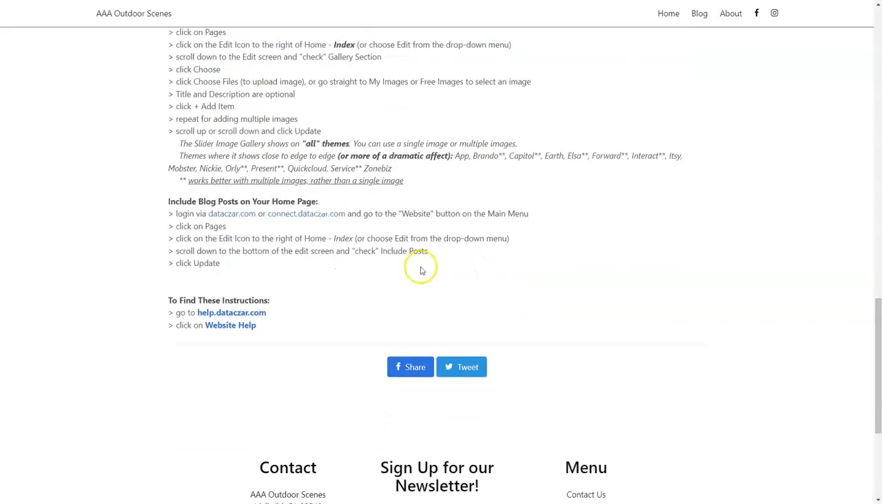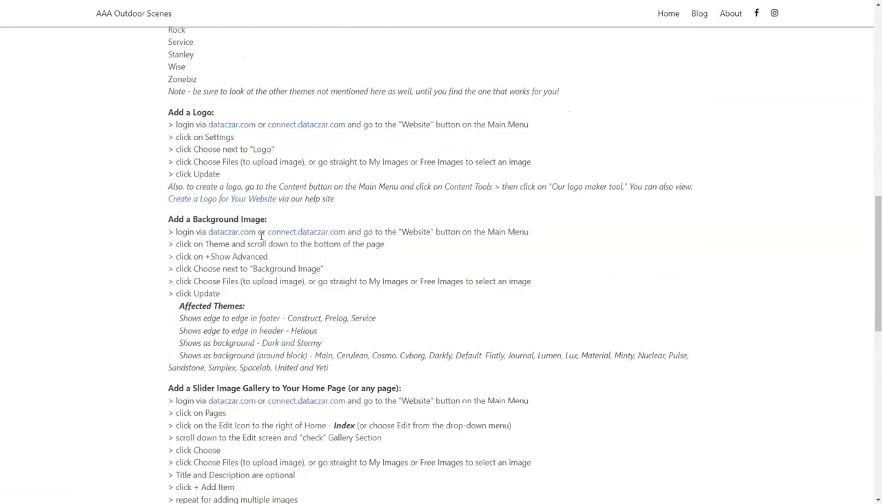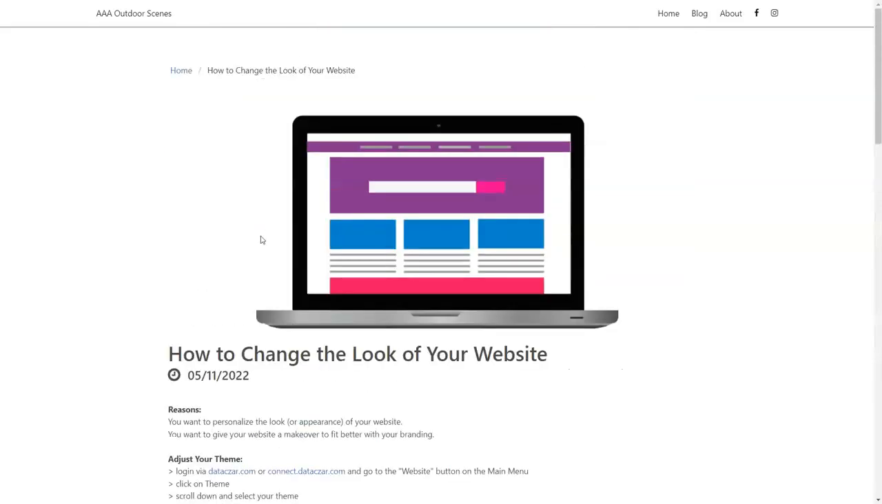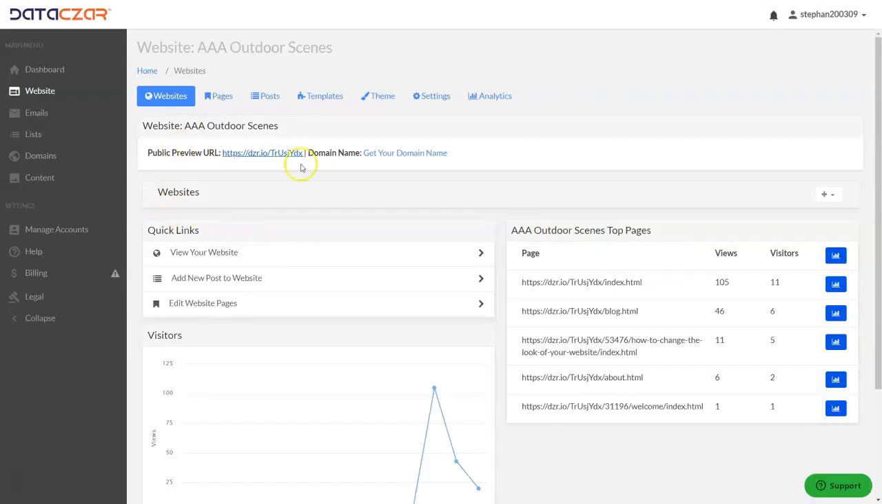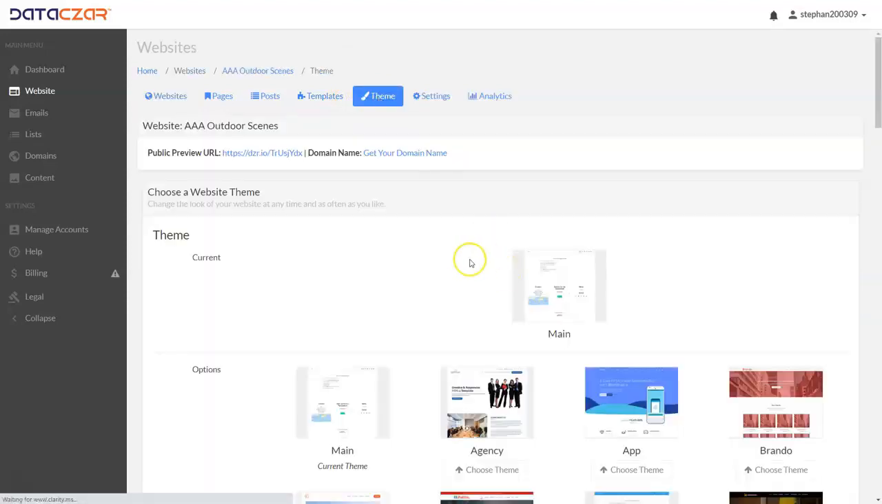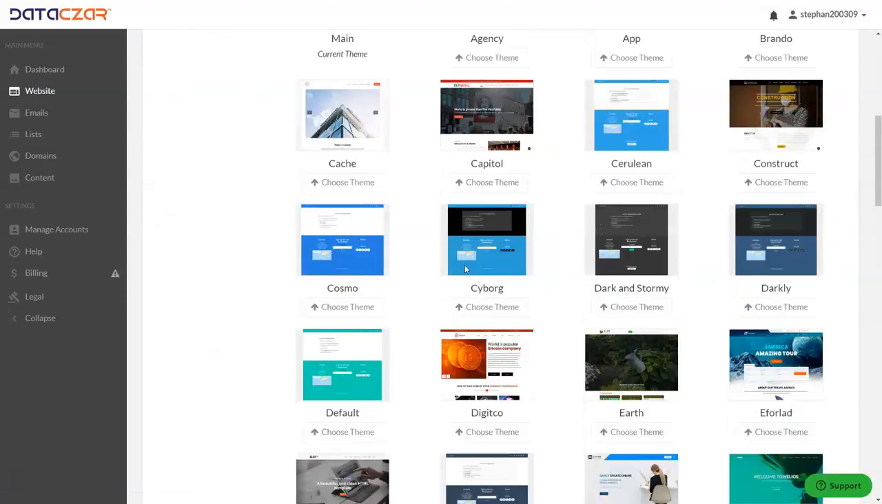And again, if you watch this video on our help site at help.dataczar.com and go to the tutorial, underneath the tutorial you'll find these written instructions. Let's tab back over. So the first thing we want to do is adjust the theme. We're going to click on the theme button, and that was the main theme. So let's choose dark and stormy,